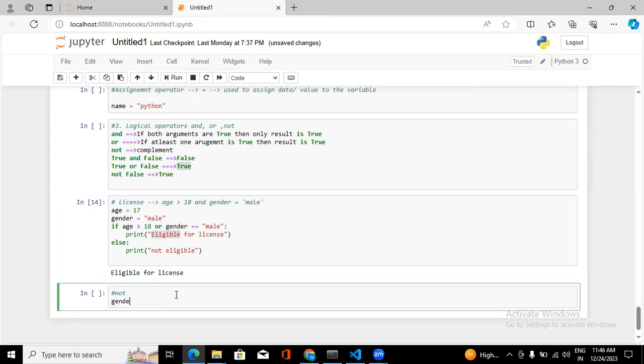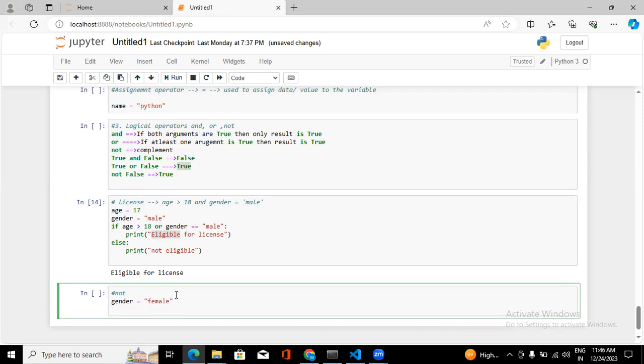Let me take gender itself. What I need to do is, if the gender is not equals to female, then I need to perform some operation when gender is not equals to female. You can write this condition in two ways, but I'm explaining with respect to not. If not gender equals to female,